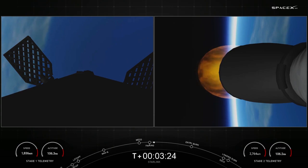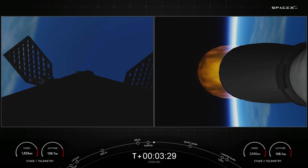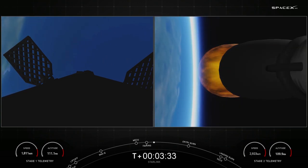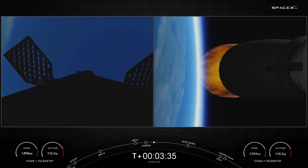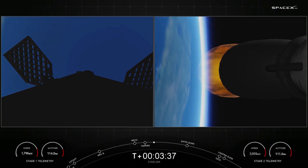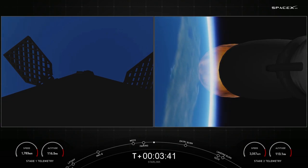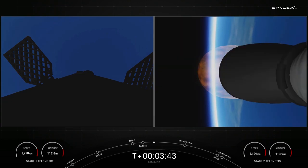So while the second stage is doing its job, the first stage is coming back home to Earth. That is what you see on the left-hand side of the screen. It needs to execute 2 burns before its 13th landing attempt on our drone ship. The first burn is called the entry burn. This is a 3-engine burn that helps slow down the first stage before hitting the denser parts of the Earth's